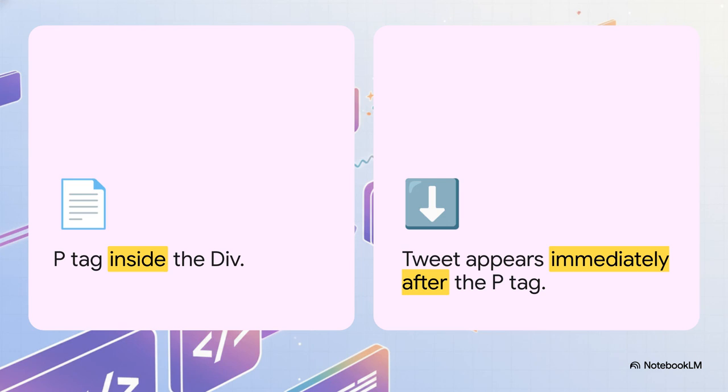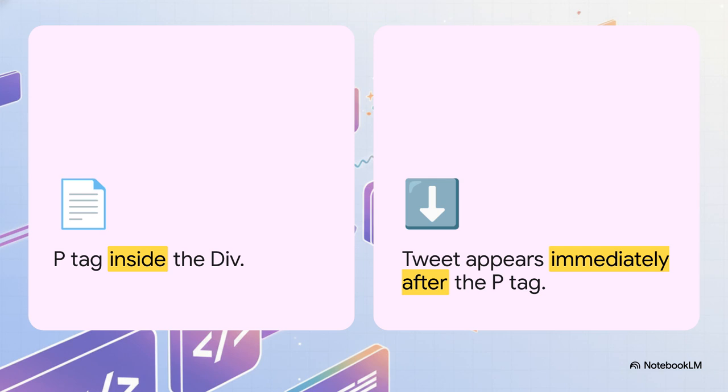This time around, our actual target is the p tag itself rather than the surrounding div. See how when we use the before method, the new tweet gets placed cleanly right in front of the paragraph tag? It sits entirely outside the paragraph's inner structure. It is now a sibling to the p tag, sharing the exact same parent container. And as you'd probably guess, using the after method does the exact opposite. By targeting that same p tag, the new payload gets pushed right behind the p tag structure within the normal